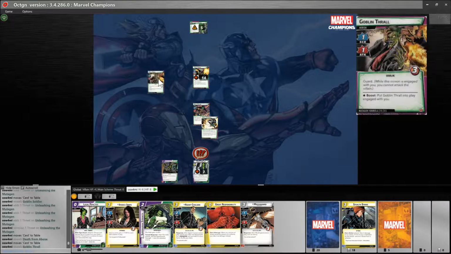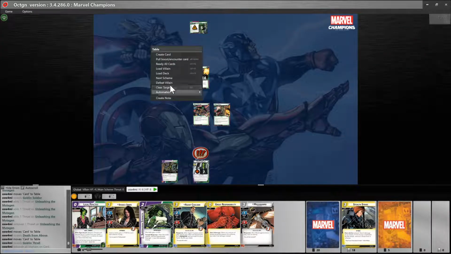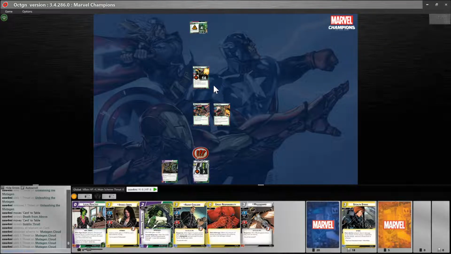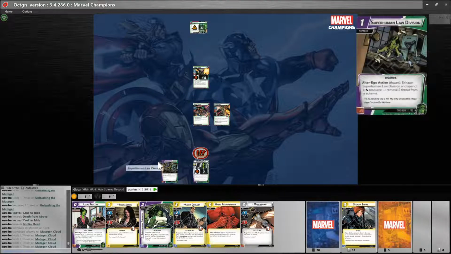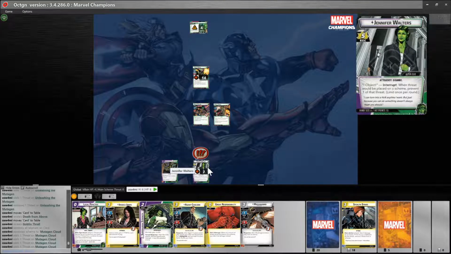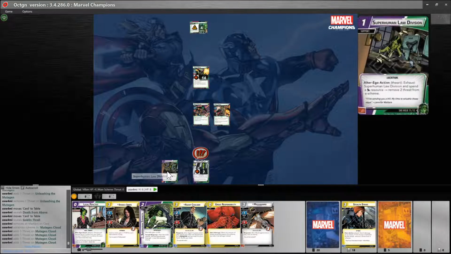That's going to put us to the next phase. That's fine. That Thrall's going to be in play with us now, and we're on our next scheme. That is going to require us to do some things, but we can manage that, I think. We've only got to deal like 26 more damage to Green Goblin to win. Yeah. Great. Alright. Back to my turn. Alright, on my turn, we're going to